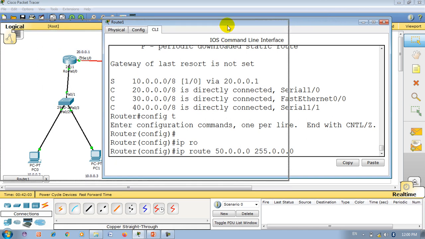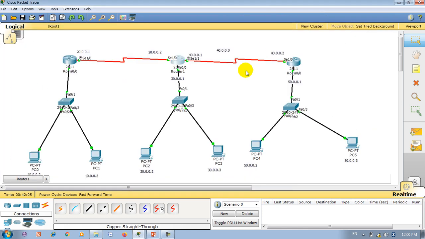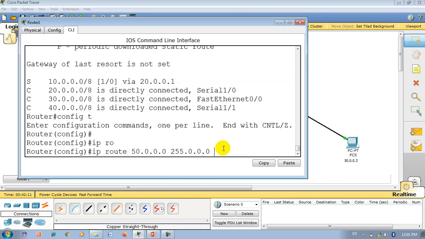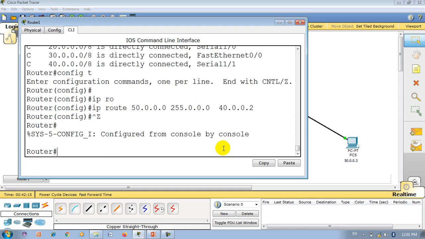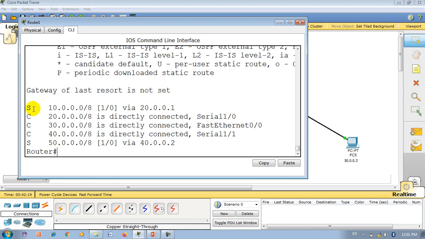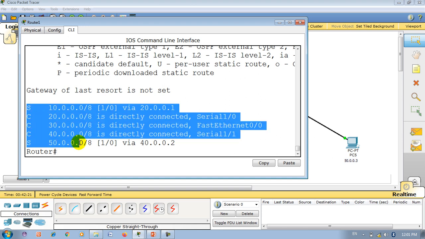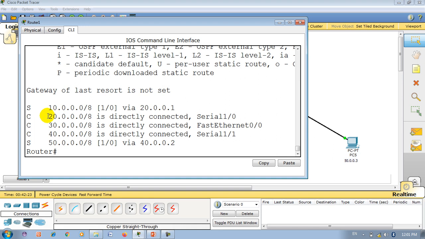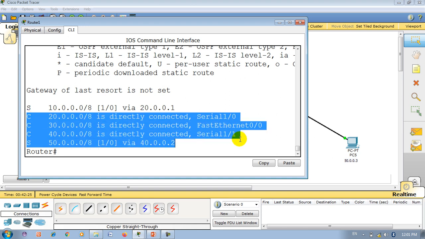The entry point from this router to the 50 network is this one, 40.0.0.2. Again check the routing table. Now in this router, two routes are added statically and the others are directly connected routes.